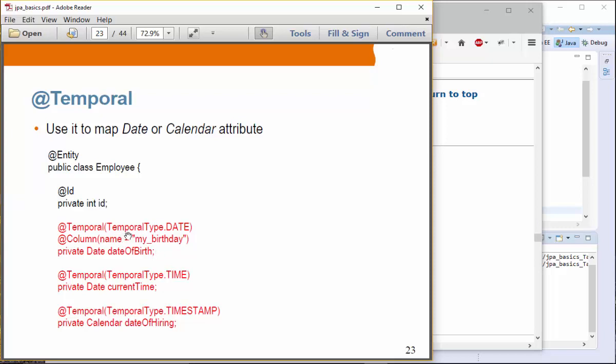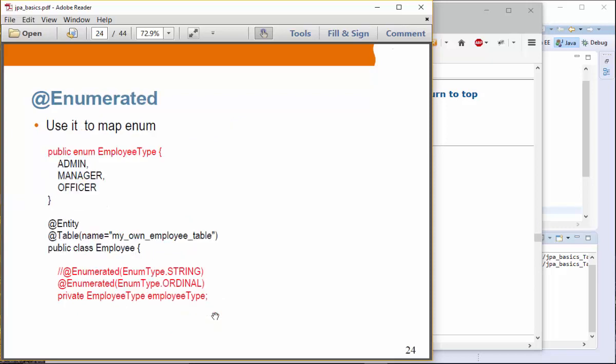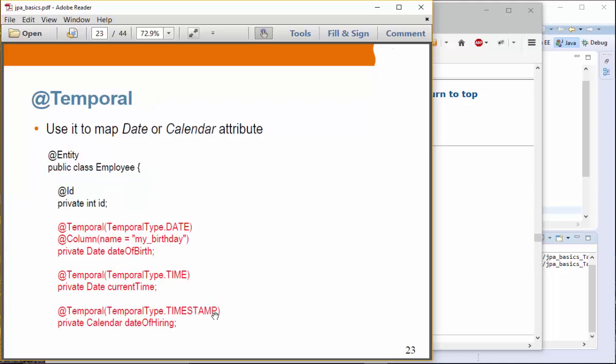If you're using temporal type date, then it's going to be specified in the form of date. If you're using time, then it will be in the form of time, and you can also specify a timestamp. So we're going to actually try it in the hands-on lab,